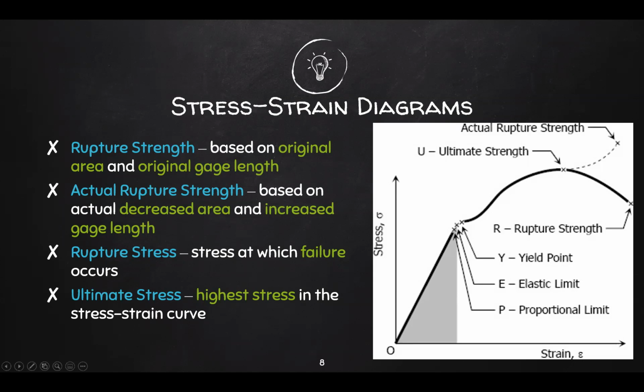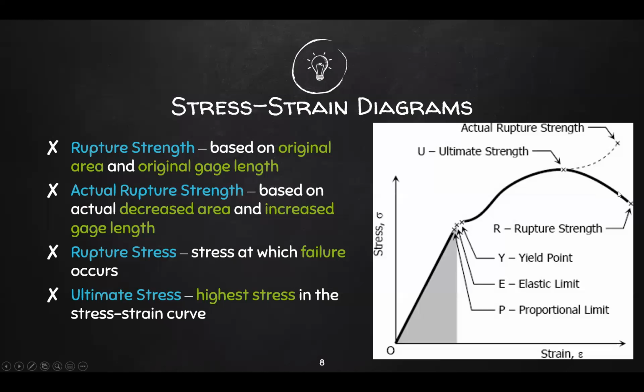Okay? Now, note, even though, as you can see, your slope starts going down, your stress starts decreasing. Now, even though your stress is decreasing, your strain or deformation is still happening. Now, this is because at this point, you ignore the actual area of your rod. Remember, at this point, the area of your rod starts to decrease significantly. If you're ignoring that phenomenon, you're gonna have this kind of plot.